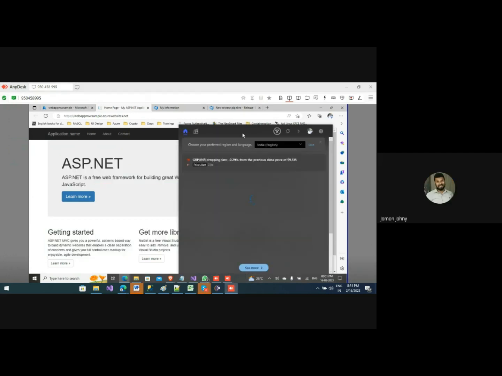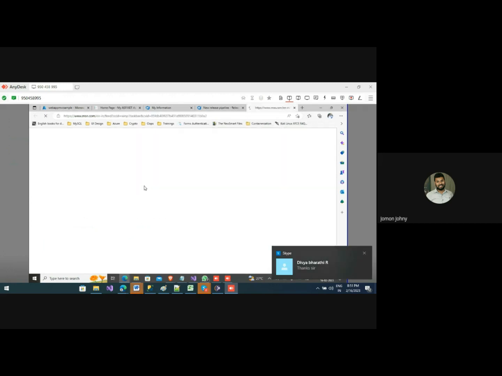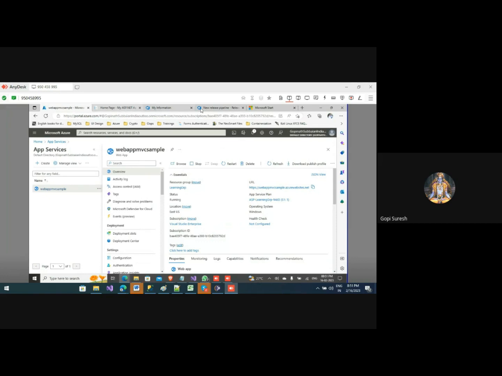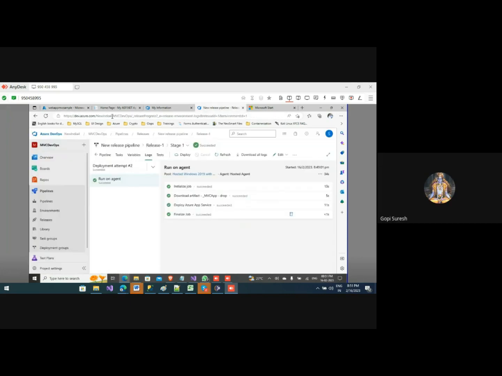My question is how you are connecting Azure DevOps to Microsoft Azure. How are you connecting? The server is contained in the Azure web, Azure server, right? I'm not getting your question. How are you connecting the app service with DevOps? Okay. So in the release board, you can select which server you want to connect here.